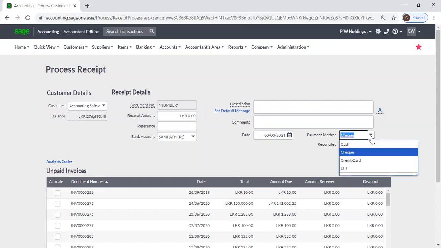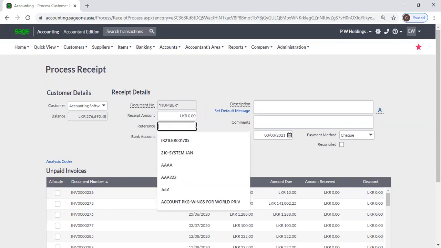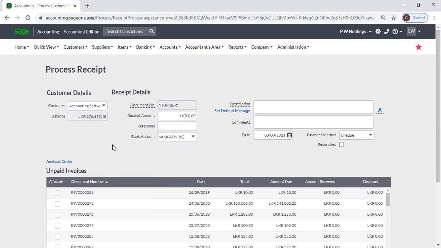From payment method, you can select the payment method: cash, check, credit card, EFT. EFT is electronic fund transfer, and for that electronic fund transfer you can enter any reference number under reference. Okay, and there are two options for entering receipts. First one is, now if customer pays, you can select